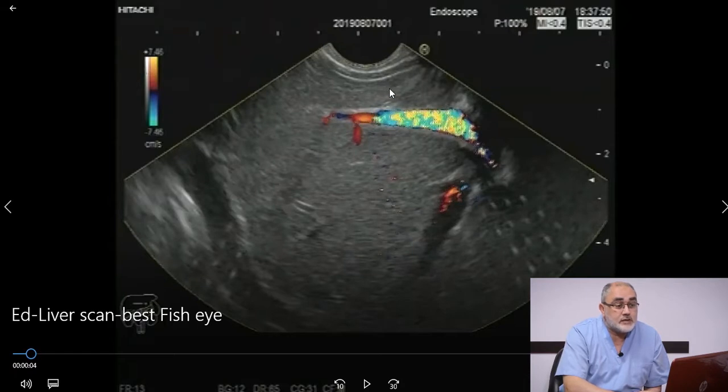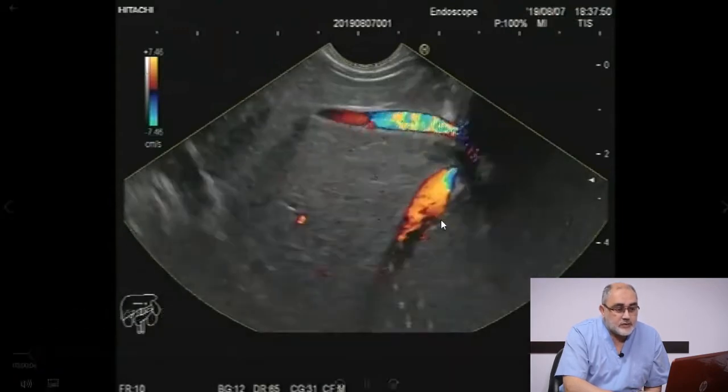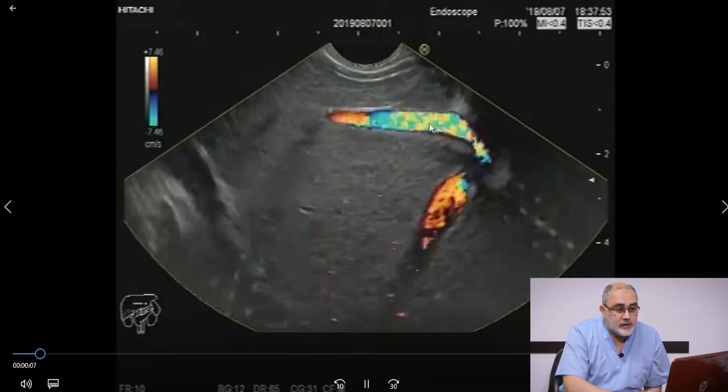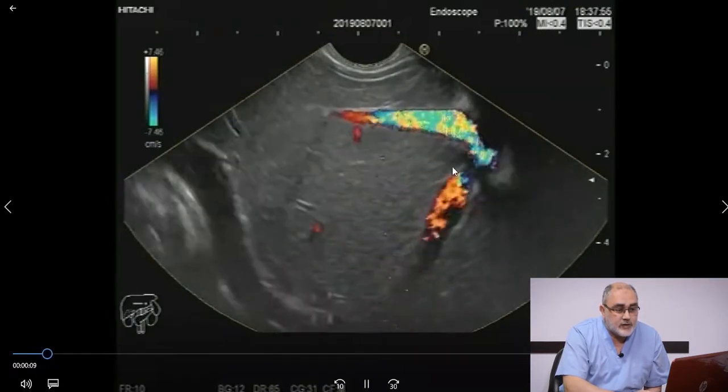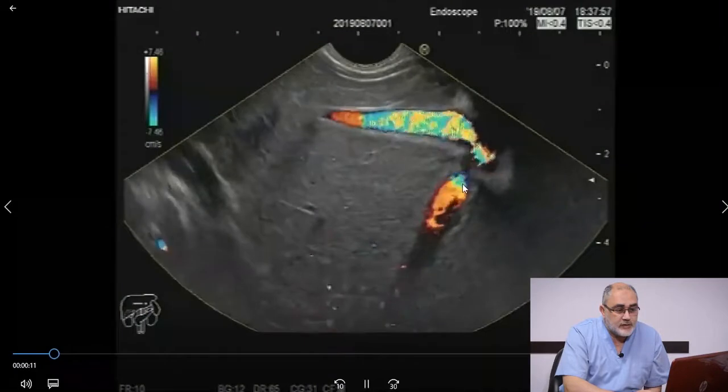Here this is segment 1, which is the caudate lobe in between the echo endoscope and the intrahepatic portion of the inferior vena cava, and segment 8 in between the inferior vena cava and the right hepatic vein, and part of segment 7 behind the right hepatic vein. So this is the inferior vena cava, intrahepatic portion of the inferior vena cava, right hepatic vein, widest